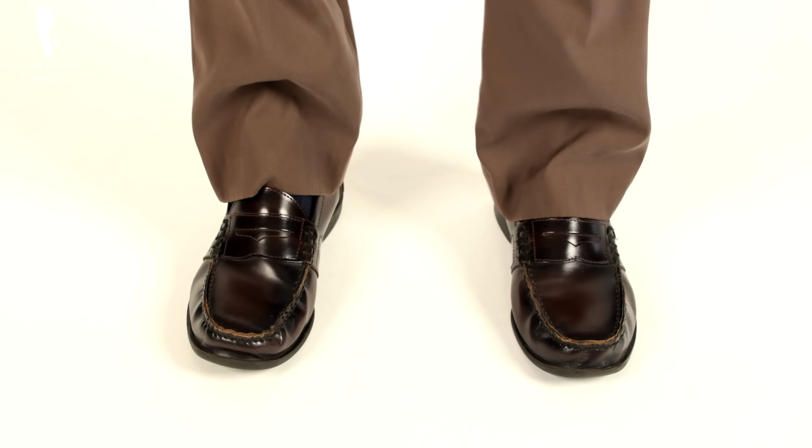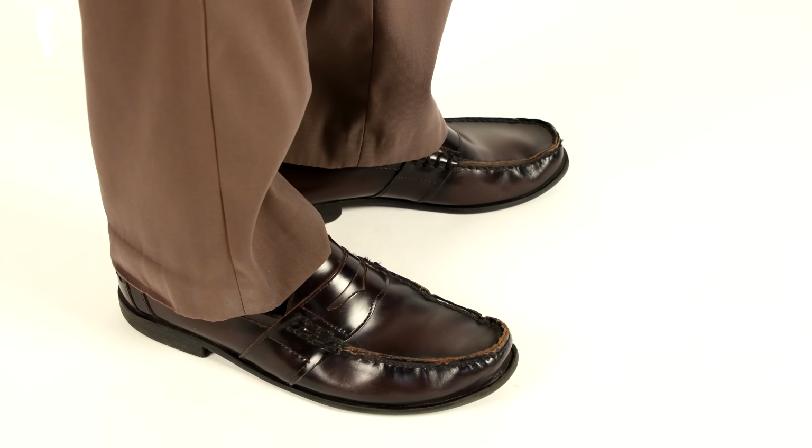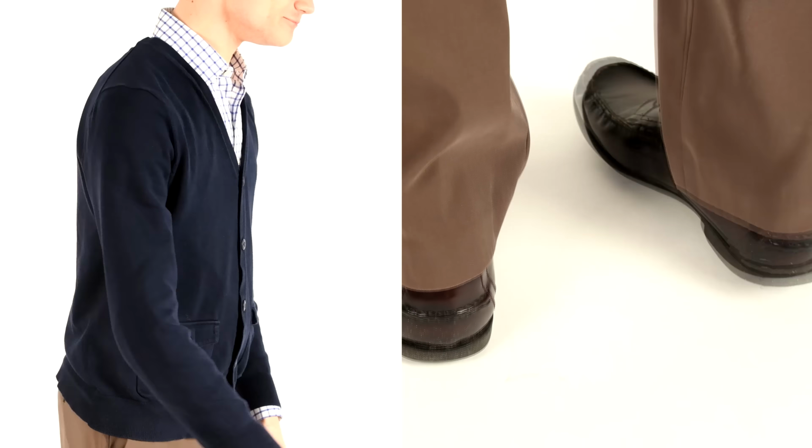And rounding out the look today are my dark oxblood penny loafers, which are similarly informal, so they go well with the cardigan. I'm not really wearing any accessories today other than the cufflinks,